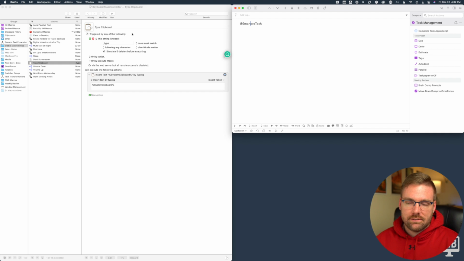I can copy and paste the text, and then it'll be messy, or I can copy and then type my clipboard, and it almost always comes through exactly as I intended. So that one's super helpful.